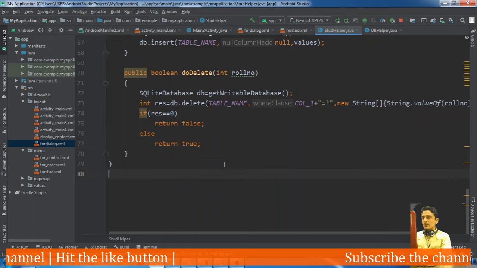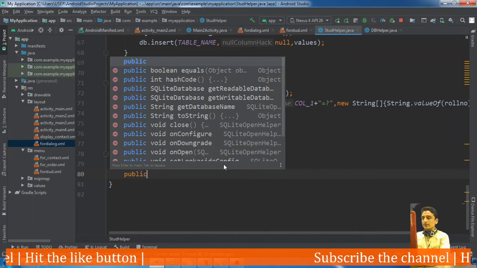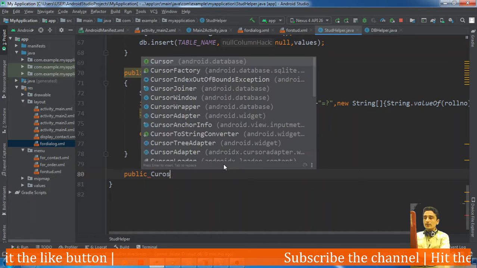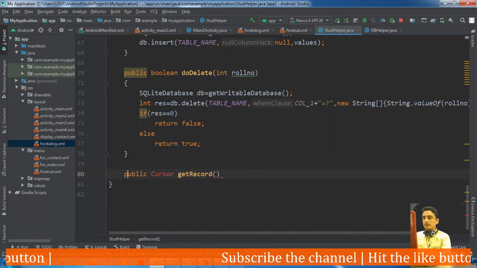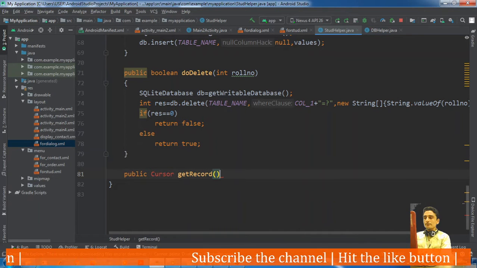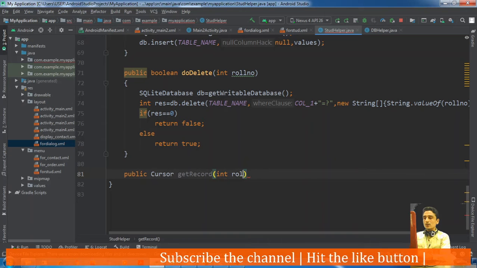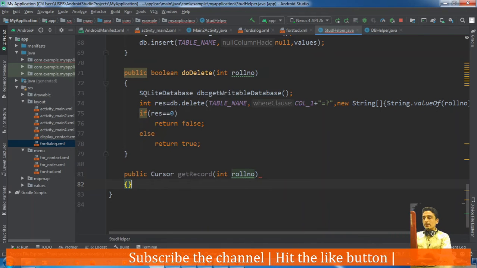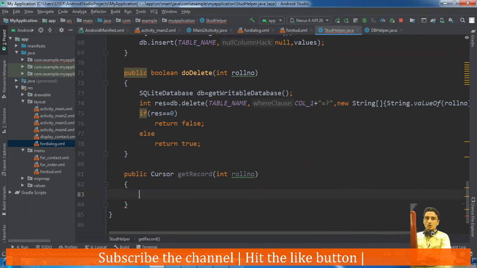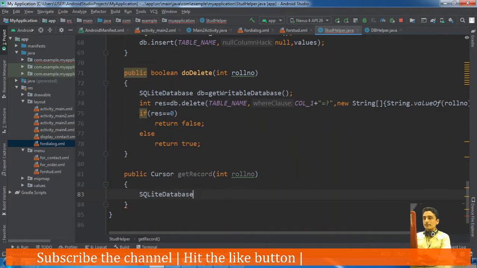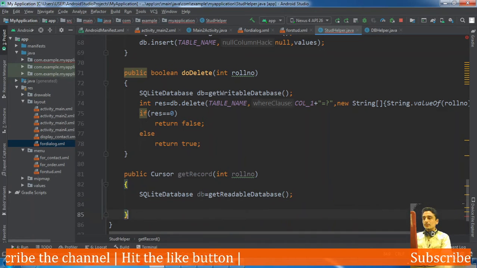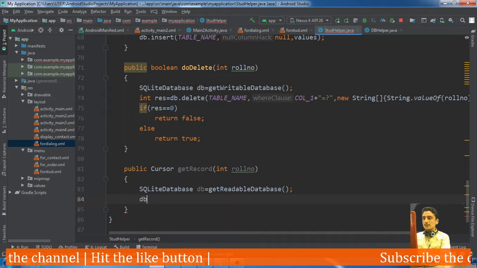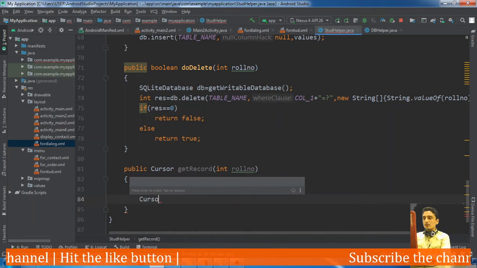Okay, so in our helper class we will define one method, public cursor. We will return a cursor: get record by roll number. Okay, we will get that record by its roll number, and we will pass the roll number as argument. And for performing that query or the search operation we need a database object, SQLiteDatabase. db is equal to get readable database, and using this db we will perform the operation